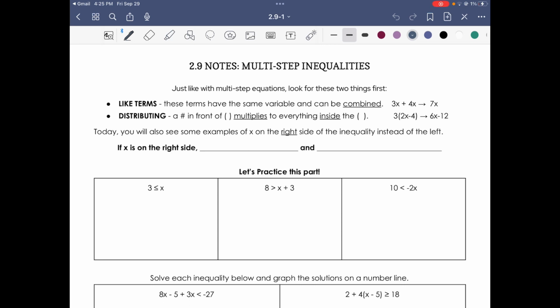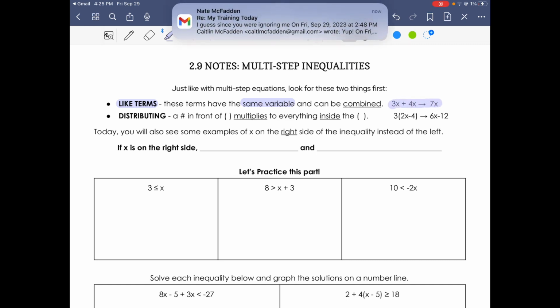What we're going to be focusing on today is taking everything you've learned about inequalities so far and applying it to ones that take 3 or more steps to solve. So we've done 1 steps, we've done 2 steps, and now we're going to talk about how to do ones that have 3 or more steps. That third step is going to be one of these first 2 things. The first one being combining like terms. Remember that like terms have to have the same variable and can be combined. For example, 3x plus 4x